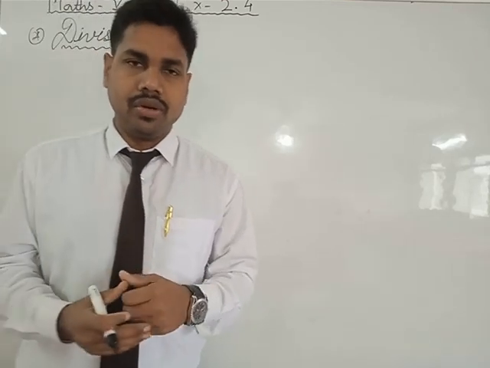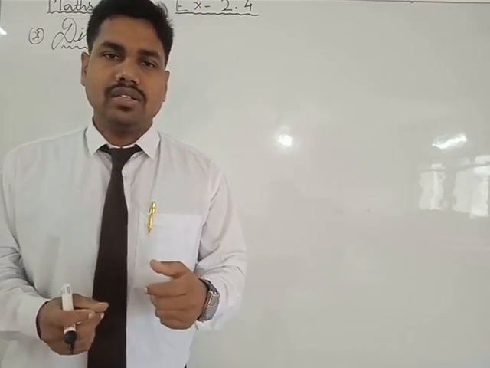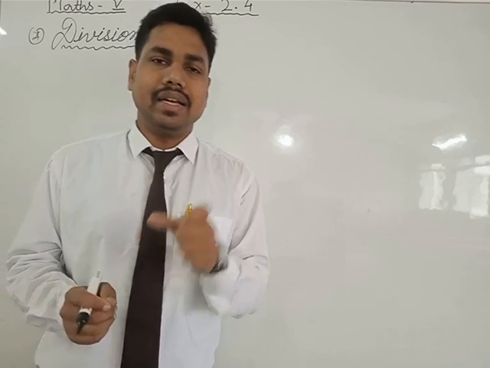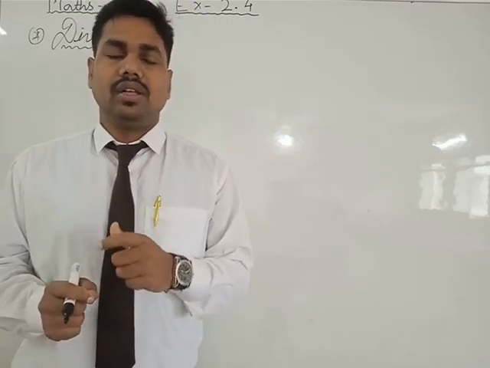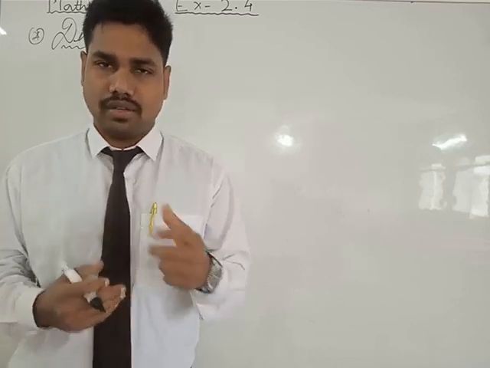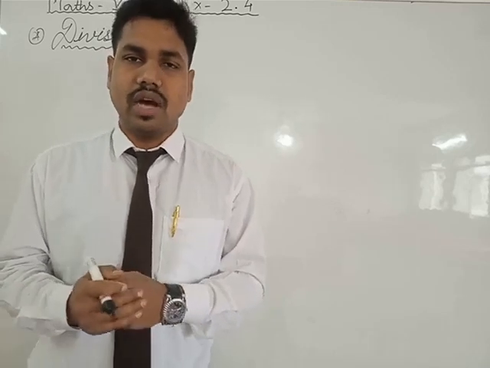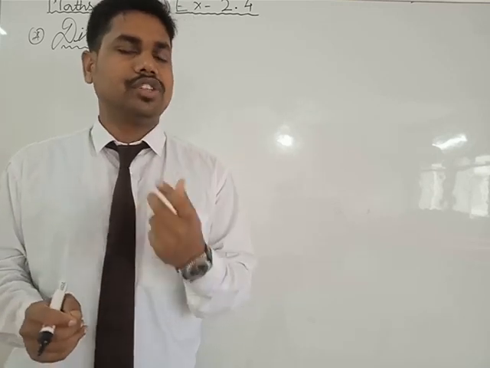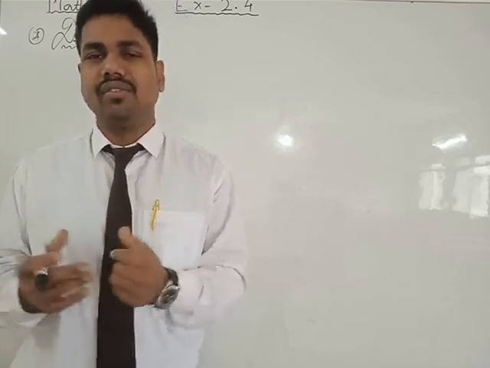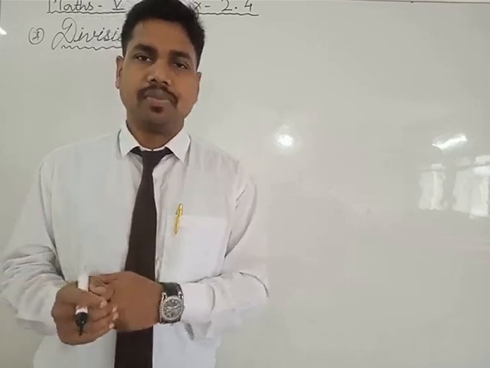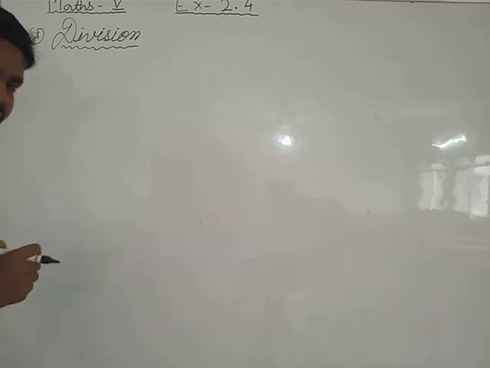First, let's review some terms related to division. As we are already aware, there are four basic terms, four parts of a division. There are four numbers which have relations with the division. First, it starts with two things. After solving that, we get two more things. That is how it becomes a total of four parts. The first part is the number which is to be divided.